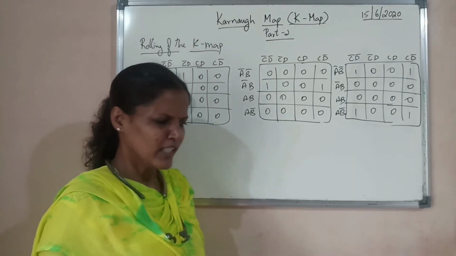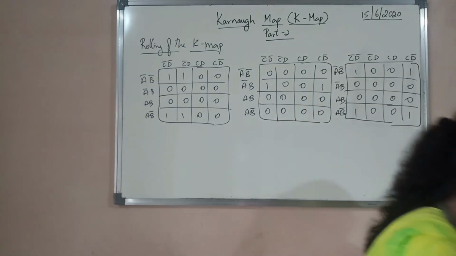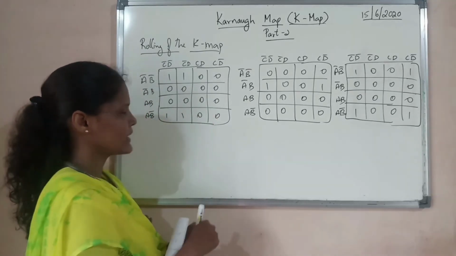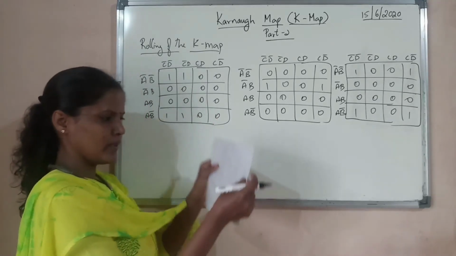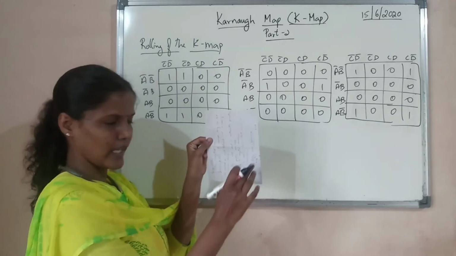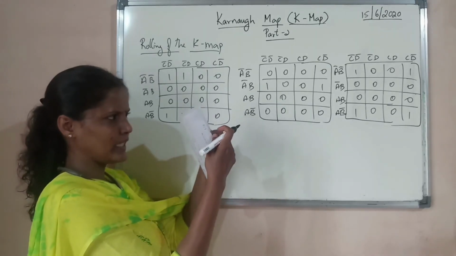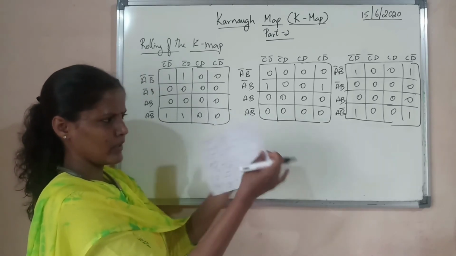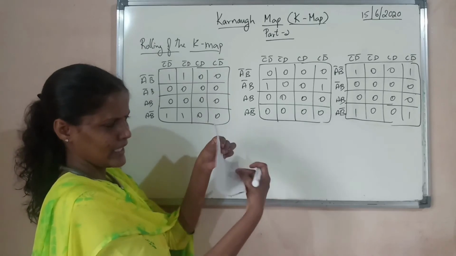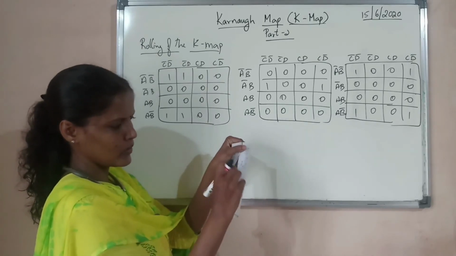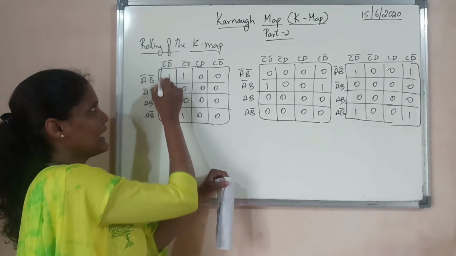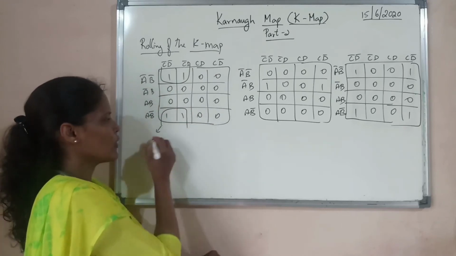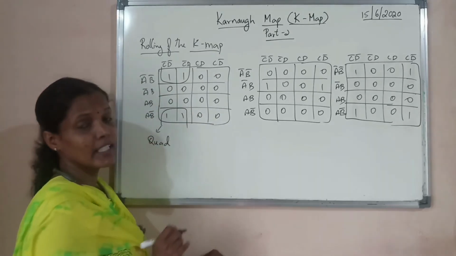So what is this rolling? Rolling is nothing but, when we plot this K-map with the ones and zeros, consider this first example as the K-map. When I roll this K-map like this, the top edge comes adjacent to the bottom edge. Like that, I can group these ones. So this contains 4 ones. So this I can call a quad group.